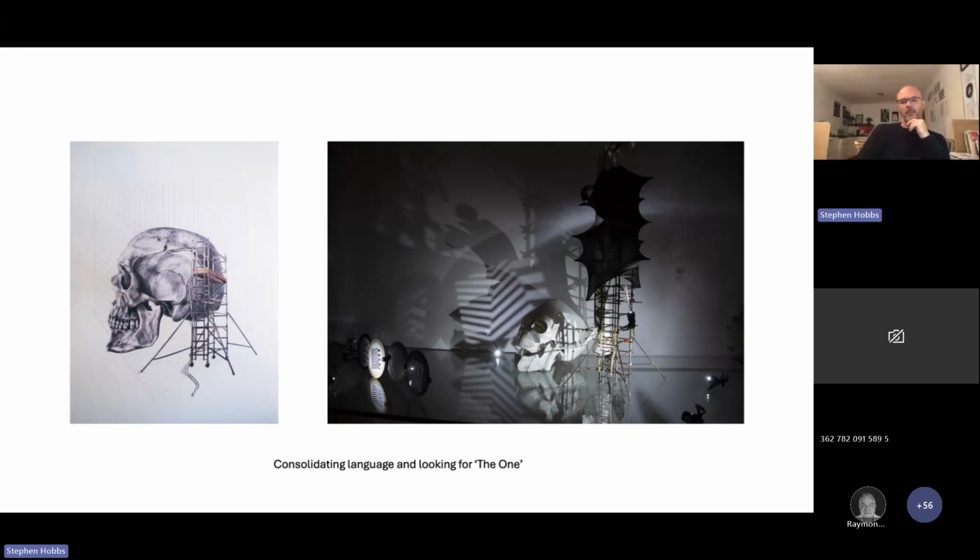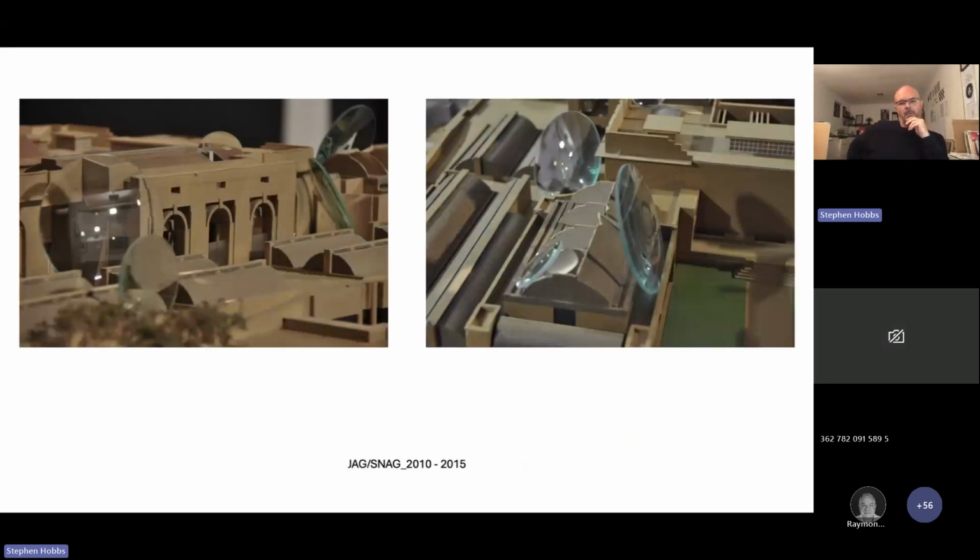So this business of looking for the one really presents itself in 2010 via my project JAG-SNAG, which takes place and studies the Johannesburg Art Gallery. I've been looking for a ruin, if you will, for quite some time in the spirit of Gordon Matta-Clark's work. I'd been looking for a building that was in a state of neglect, had interesting program, and I could intervene within in a kind of strategic,